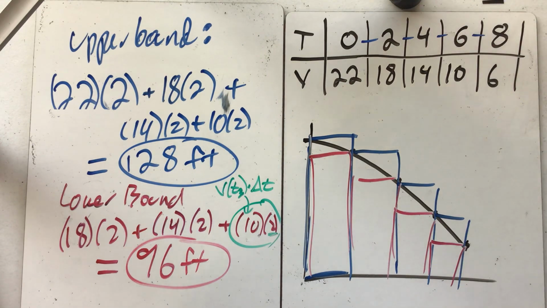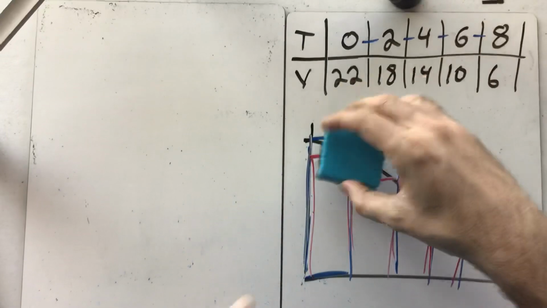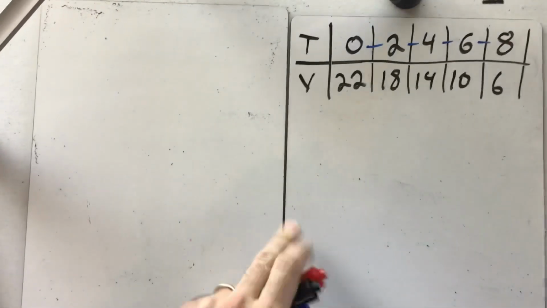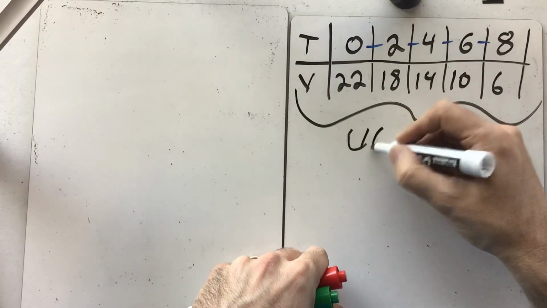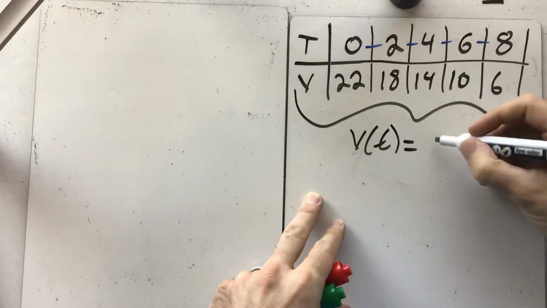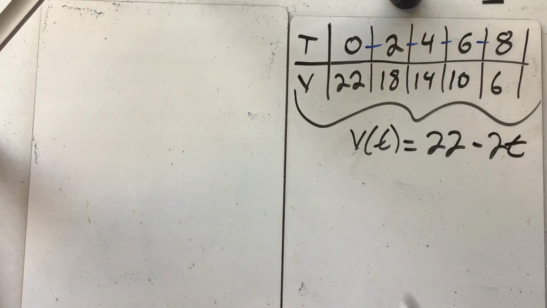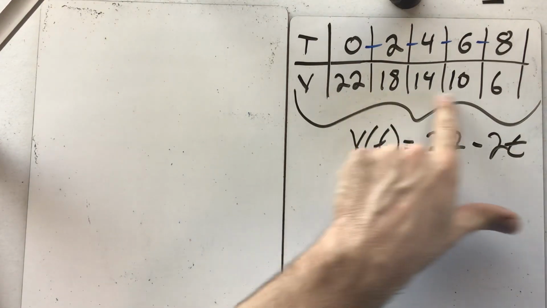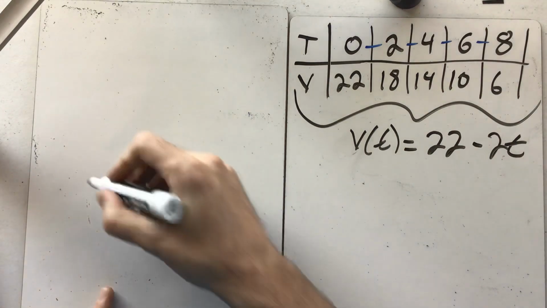So if you turn over to page 90, you'll see that there's a task that asks, could we make even better estimates if instead of knowing the table, we knew the function that the table came from, and that is v of t equals 22 minus 2t. By the way, I think that is the equation that works. So if you do 22 minus 2t, then you have this equation right here. If I had this, could I use 8 intervals to estimate my total? And the answer is yes. What would I do? My total distance,